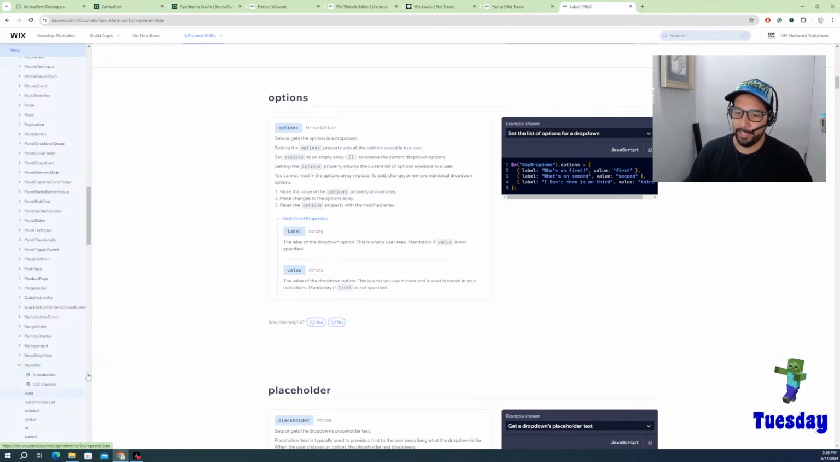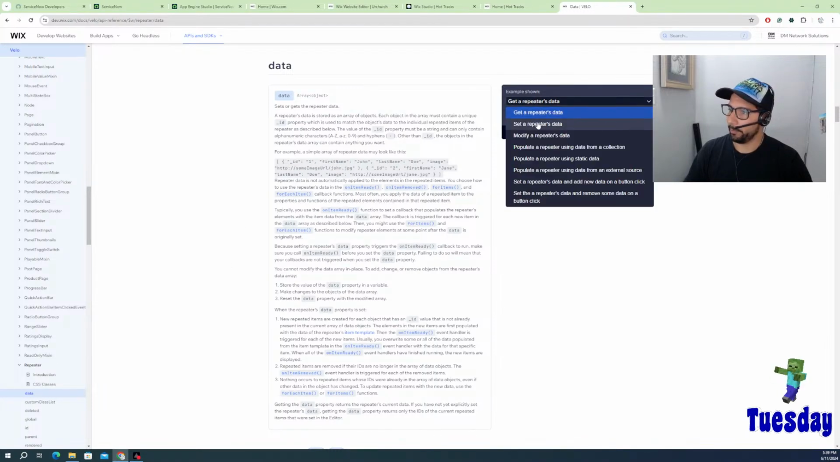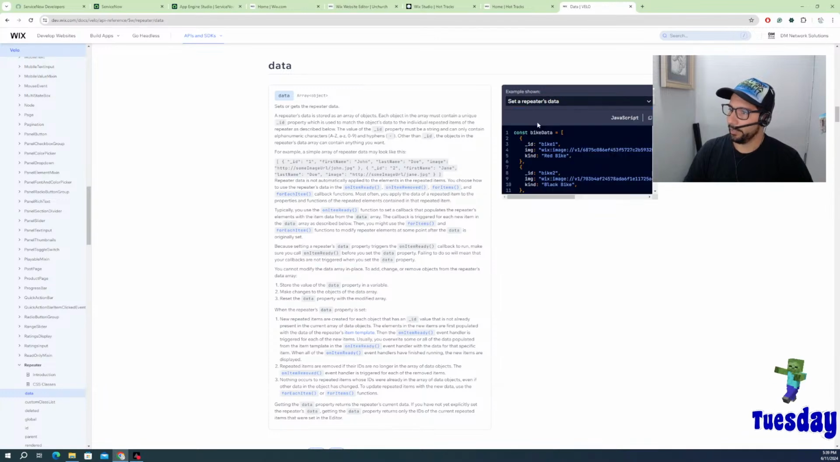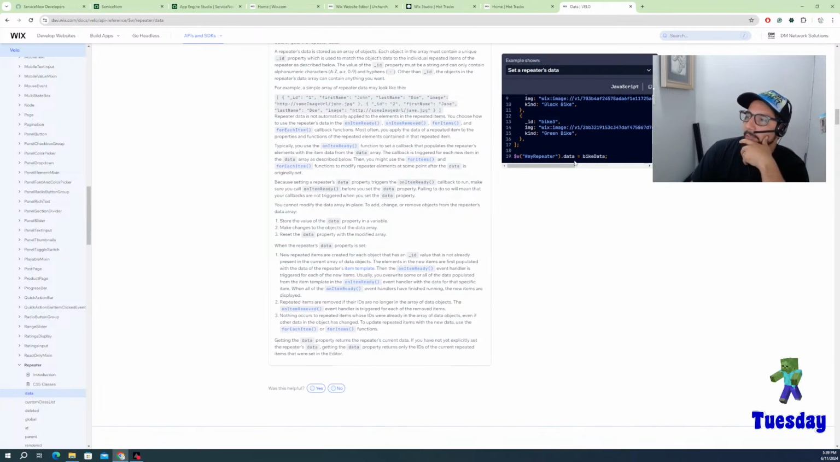All right, so let's see the data. So we load our data and get repeater data, set repeater data. So we want to set the repeater data. So see, we create, okay, so we're getting all this. It needs a unique ID. Oh man, let me see. Well, there is a sys ID, so maybe we can use that. All right, so we're setting the data like that. And then